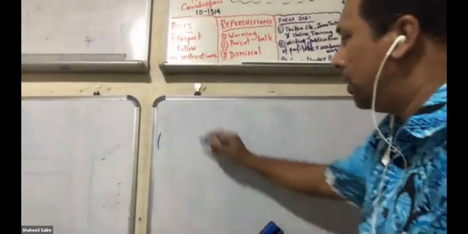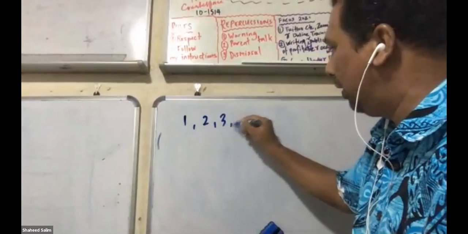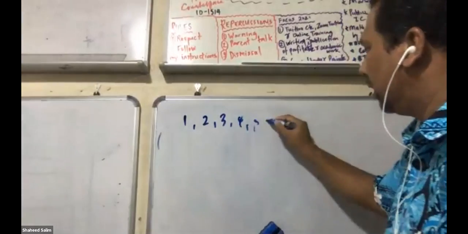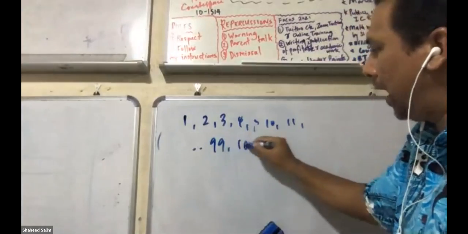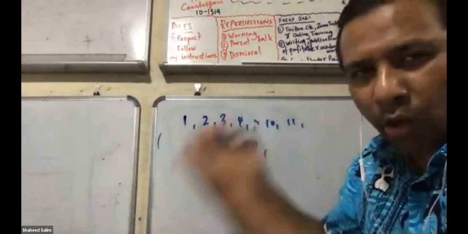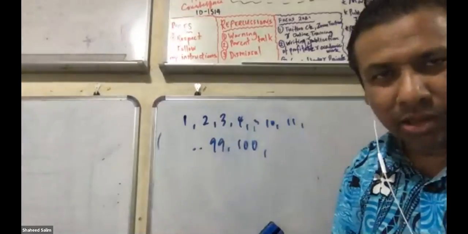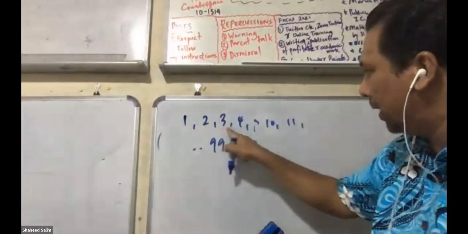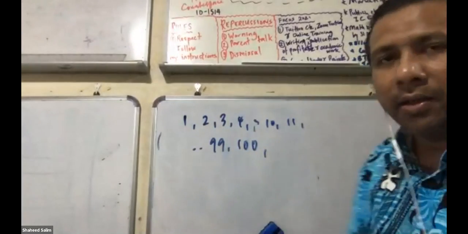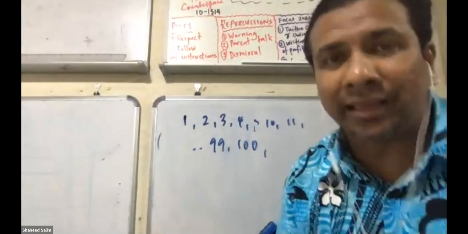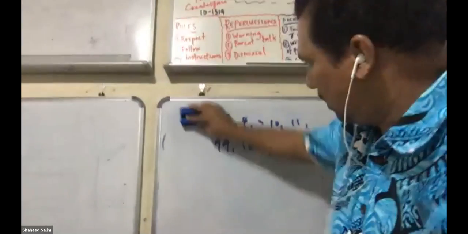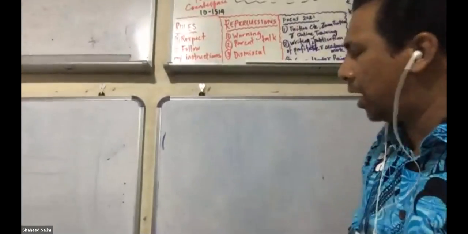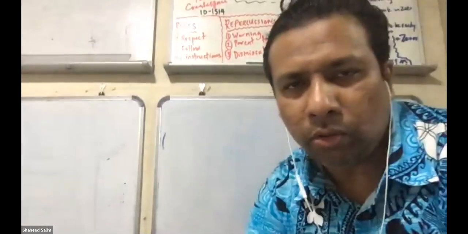Now, if I write 1, 2, 3, 4, 5 until let's say 10, it continues 11, then it reaches 99, and then 100, and then it can reach thousands and millions. So it's still one number. But how many digits? It's like the letters in a word. Okay, so we come now to this here. Now you write this down in your exercise book.